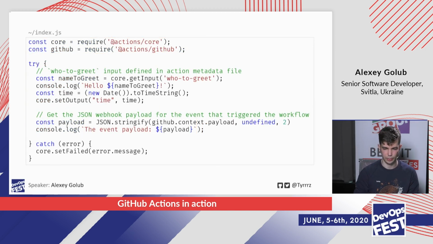And then this file looks somewhat like this. So as I mentioned earlier, you can reference the Node modules that are available straight away. You can get the inputs using the core module, core.getInput. And then you can write anything to console, of course, that will show up in the output as well. And then you can set outputs also using the core module. And then you can use the GitHub context to get any kind of context that is relevant to your workflow here.